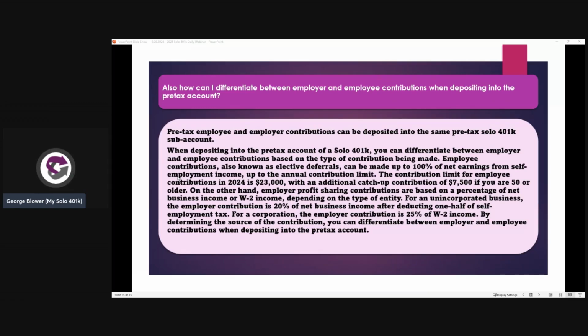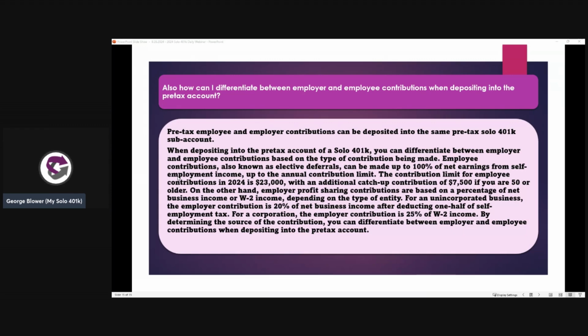How can I differentiate between employer and employee contributions when depositing into the pre-tax account? So when one is making both pre-tax employee as well as pre-tax employer contributions, they can both be deposited into the same pre-tax solo 401k sub account. Now, when depositing into that pre-tax sub account, you can differentiate between employee and employer contributions based on the type